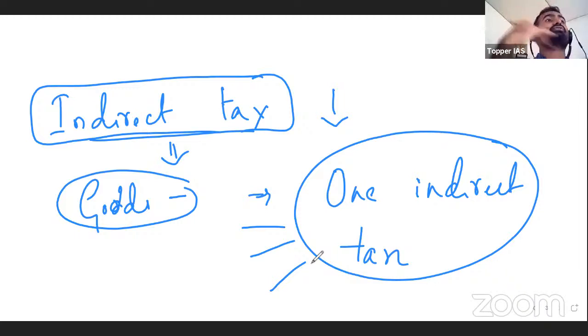That is a simplified mechanism. Earlier there were n number of state law taxes and n number of central laws. Now all the indirect taxes have been clubbed. Center and state is divided. Revenue has been divided. GST is one tax. Within that you have different slabs. In the sense, certain goods